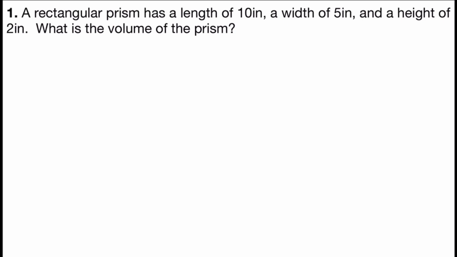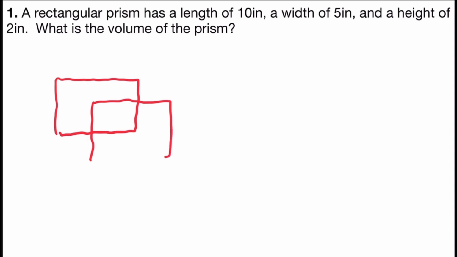And if you ever have to draw a rectangular prism quickly, you could just start with a rectangle and then go to the center of that rectangle and draw another rectangle over it, and then just connect all the edges to form a rectangular prism. And then I can label that with a length of 10 and a width of 5 and a height of